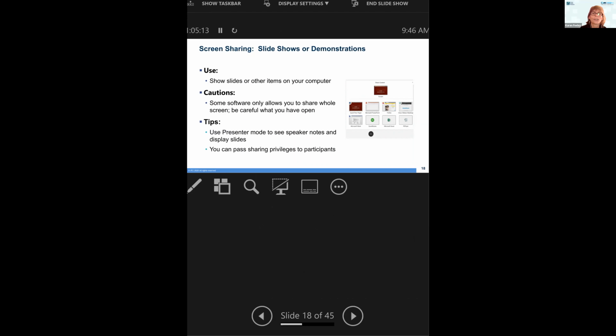So if you go into your share screen button, which you know is at the bottom, when you look at Zoom, what first comes up is that you see all the different applications you have open on your screen. And up at the top, there's three little words: basic, advanced, and files. Normally you come up in basic. If you click on advanced, there's one called portion of screen. And if you click that and then click the share, and please don't hit share just yet,